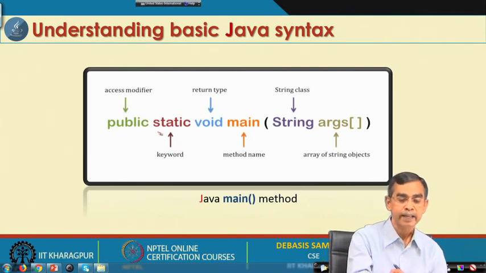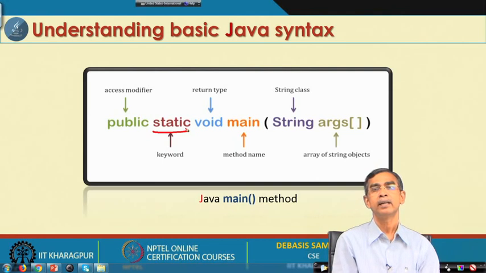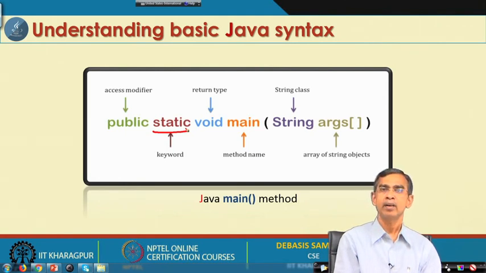And next is static, this is very important. For the methods we have discussed earlier, say area and circumference, in order to call the method we first create an object, and for that object we call the method, like c dot area or c dot circumference. That means if you do not create any object, then you will not be able to access any method in it.